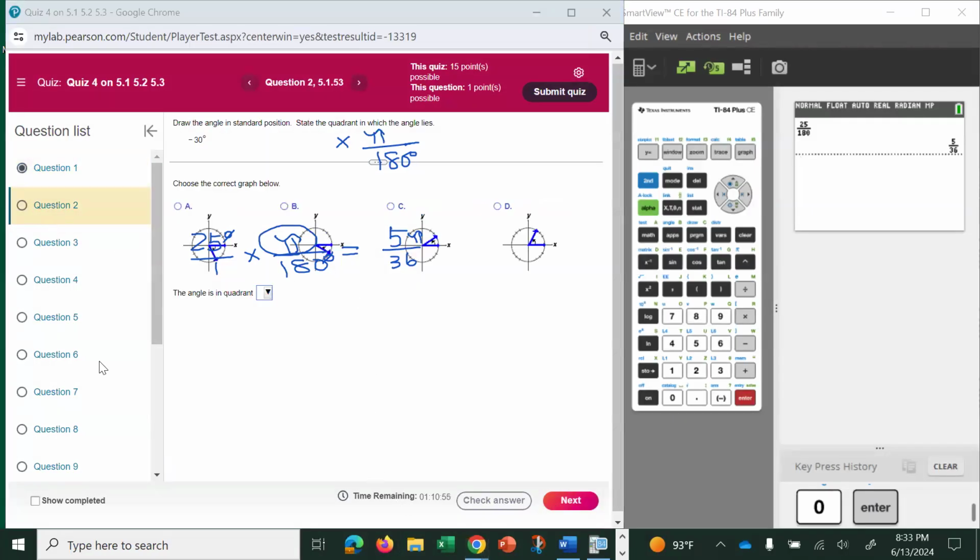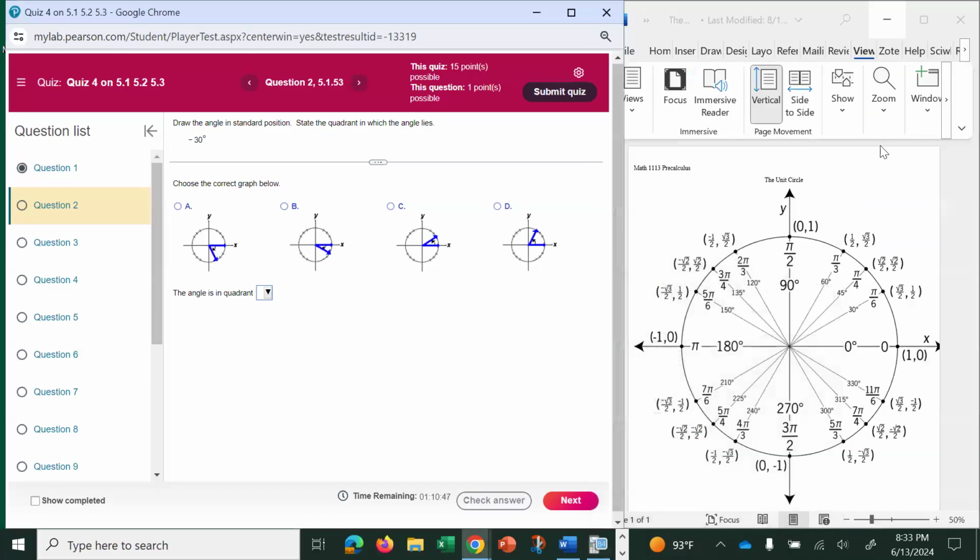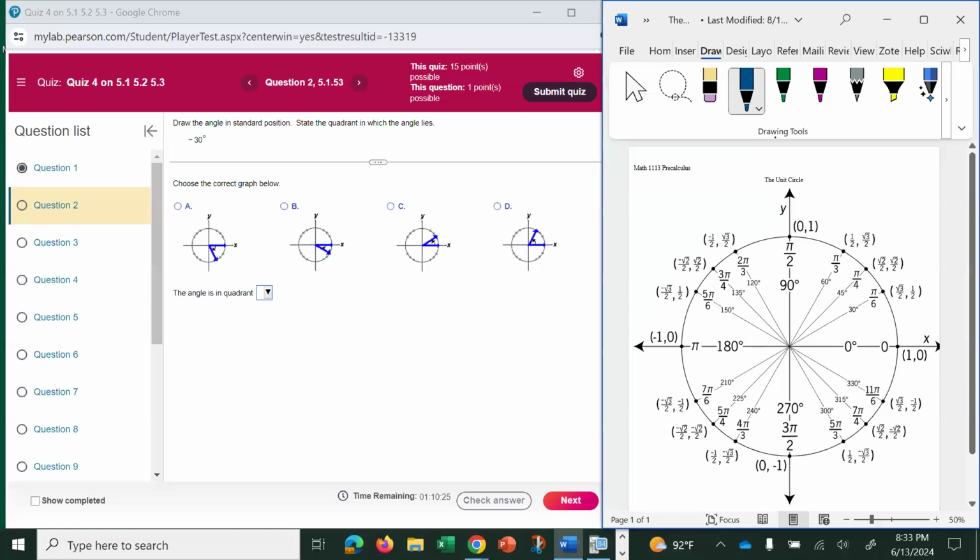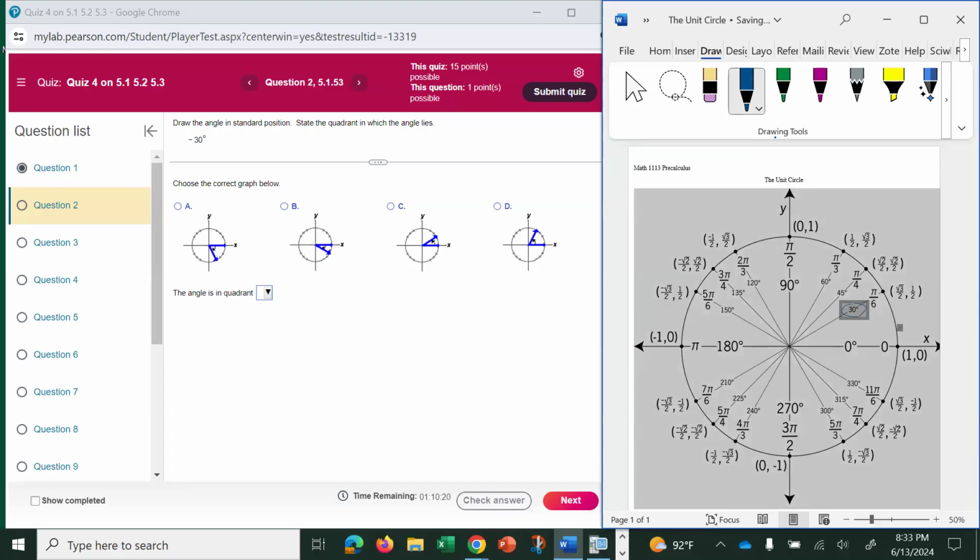Next, this is drawing the angle in standard position. For this, you could use the unit circle. I put the unit circle in our week 4 folder. Here you need to draw negative 30 degrees. Remember that angles open upwards from the x-axis. So in this case, let me see if I can draw. The angle would be over 30 degrees, and I would open it as